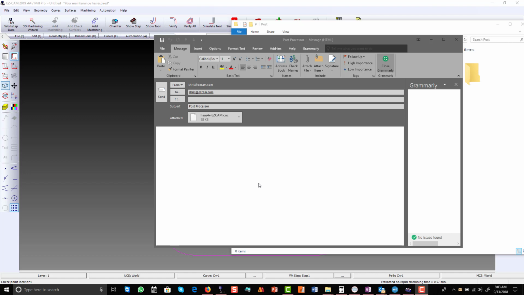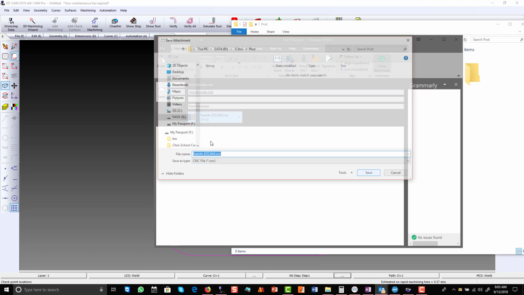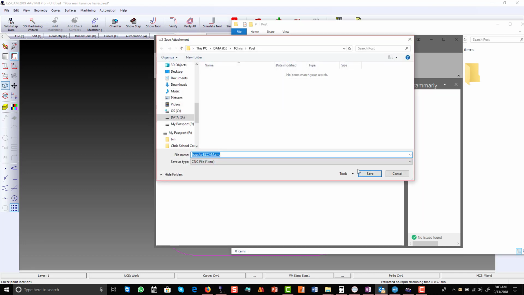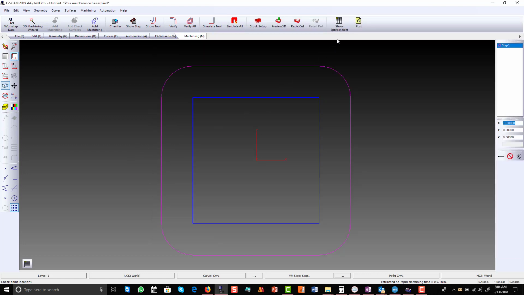So you've just been emailed a post, so we're going to click on the attachment, right click, and use Save As. You're going to create a directory, or load it into a directory that already exists. So here I've chosen Post, and you want to be aware of the directory, so I'm just going to copy that, and we're going to hit Save. Next I'm going to go into EasyCam, go to Post,